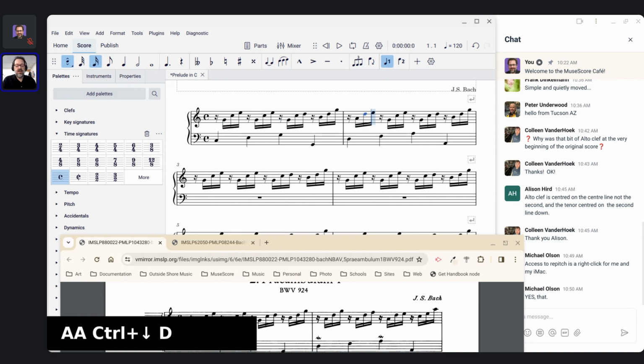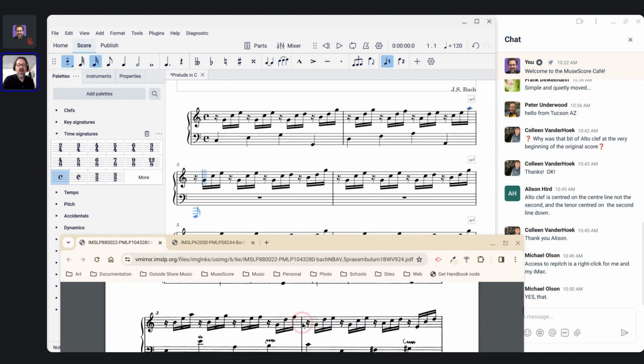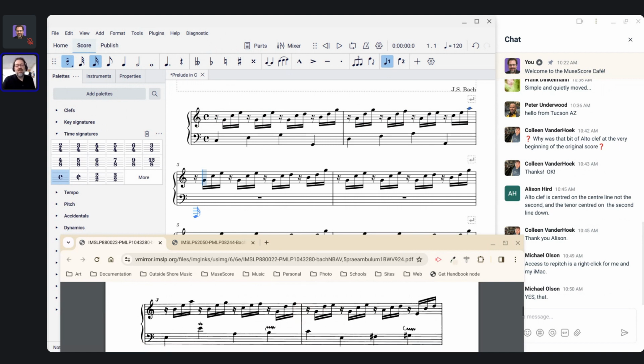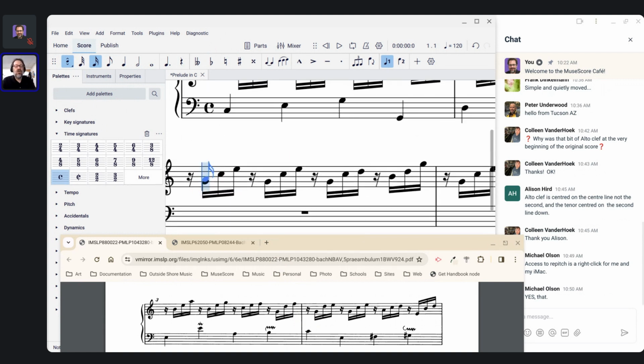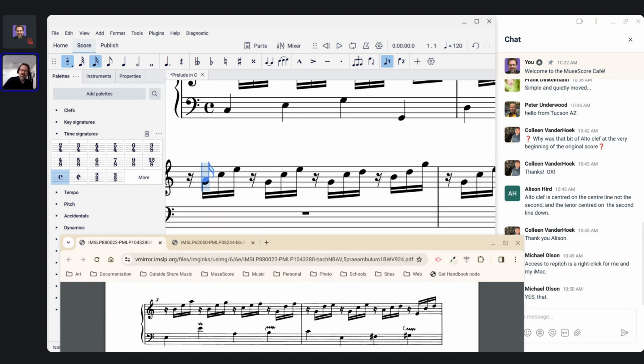Down arrow, D, G, and then A, down, Control down that is, D, F, A, Control down, D, E, and then C, E, A. So notice I didn't have to actually type the rests. So that's moderately better. If you're thinking that all that control up down,